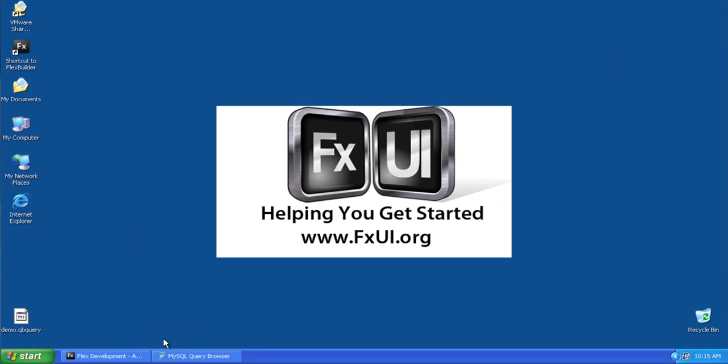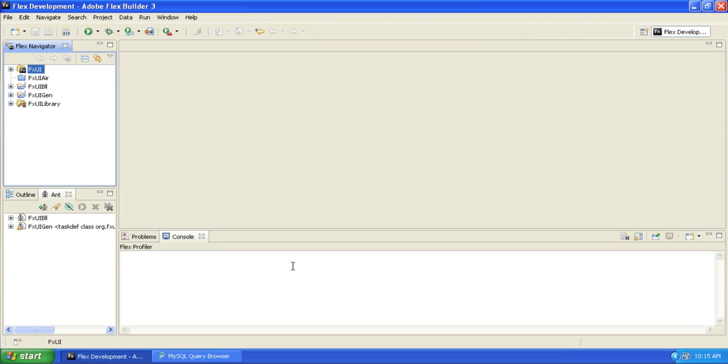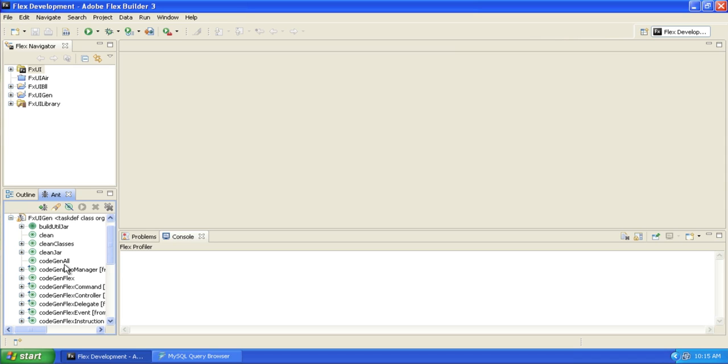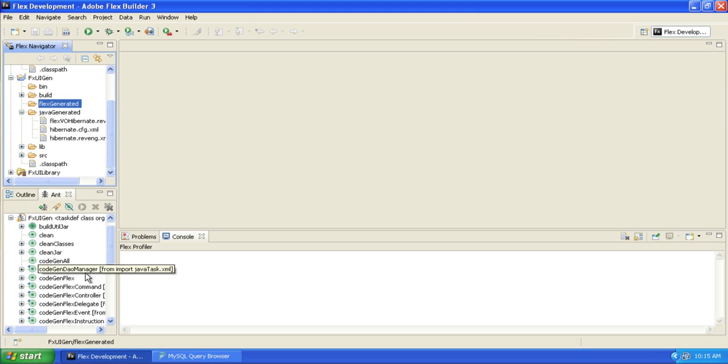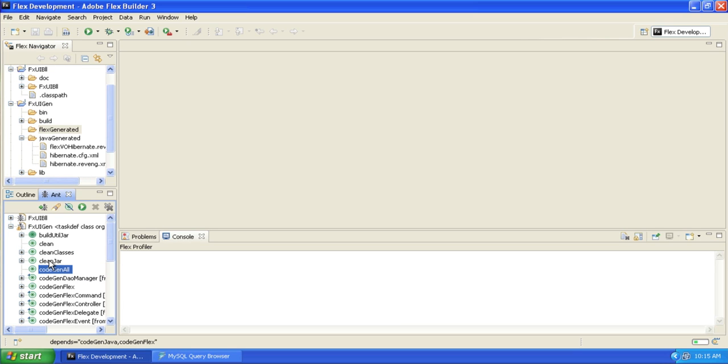Okay, so now if we go over here to the Flex Builder and our projects, if we open up the Ant script for the FxUI gen and we do a code gen all, well, first let's make sure we look underneath here. And so under the Flex directory and the Java generated directory, there isn't any code at this point. So when we do the code gen all,